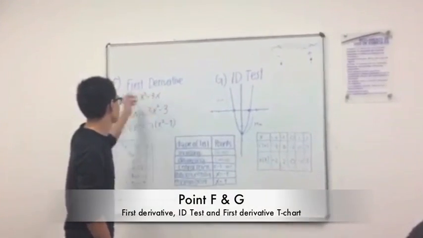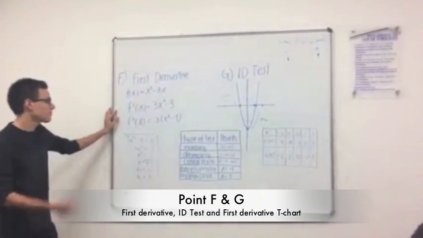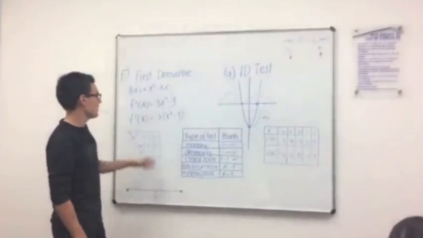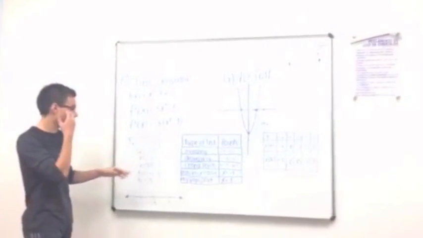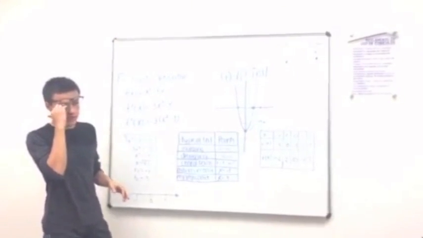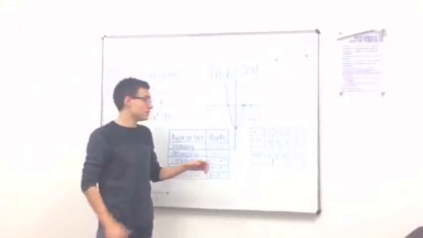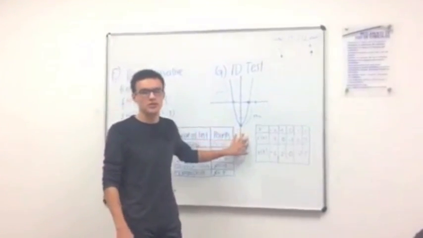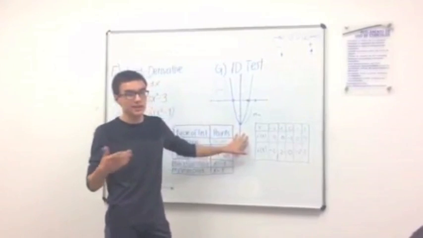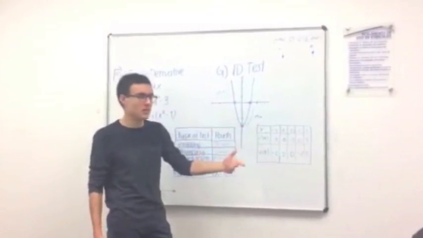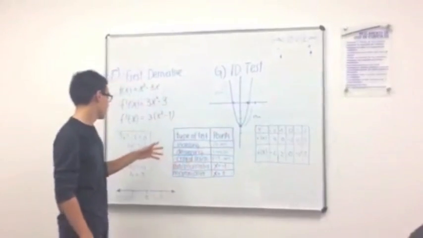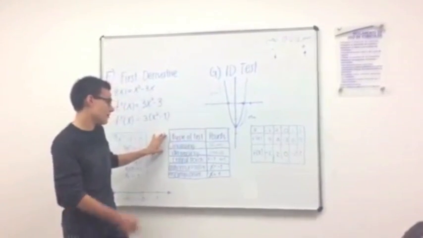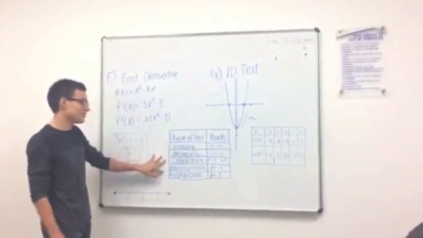Our next problem is to obtain the first derivative. Then we solve it, and our derivative is 3x squared minus 3, and here it is factorized. Then we have to perform an increasing-decreasing test on the first derivative. We start with the t-chart to see how the function works, how it may look when it is graphed, and then we graph it, and we can see the type of test, which is increasing, decreasing, critical points,